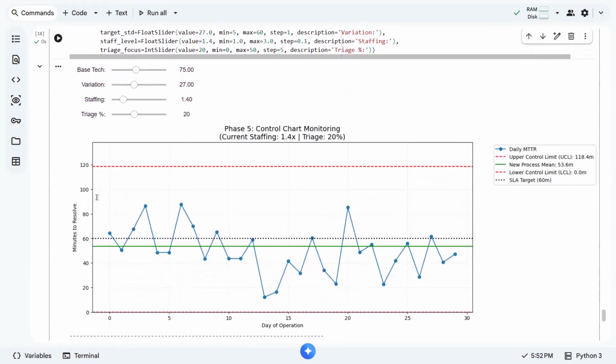This is a control chart, specifically a statistical process control chart, or SPC chart. This is our mean, the green one, the new process mean, the actual that we have right now. Assuming we have improved here, this is our current. What we currently do has this improvement, 75% in terms of speed, 27. So this is our current status.